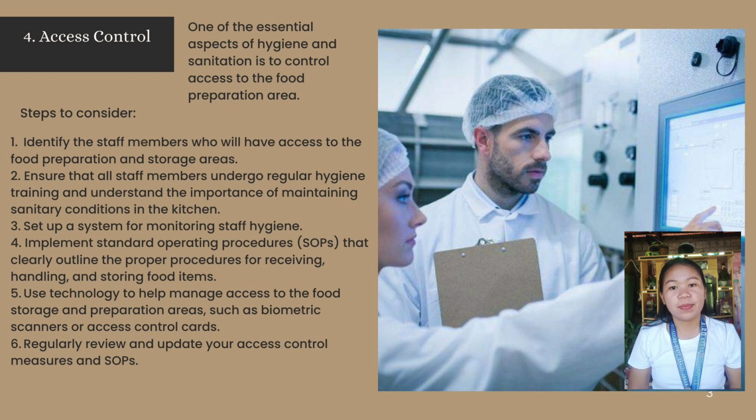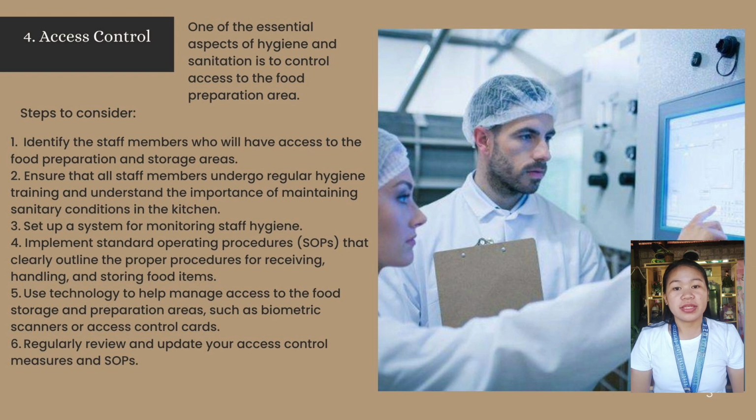The first step is identifying the staff members who will have access to the food preparation and storage areas. The second step is to ensure that all staff members undergo regular hygiene training and understand the importance of maintaining sanitary conditions in the kitchen. The third step is to set up a system for monitoring staff hygiene, including hand washing and